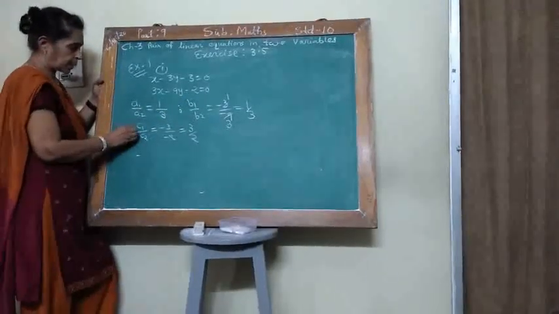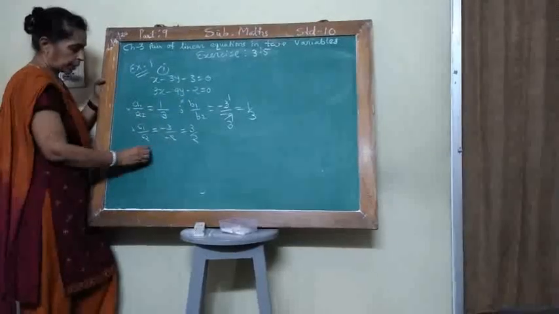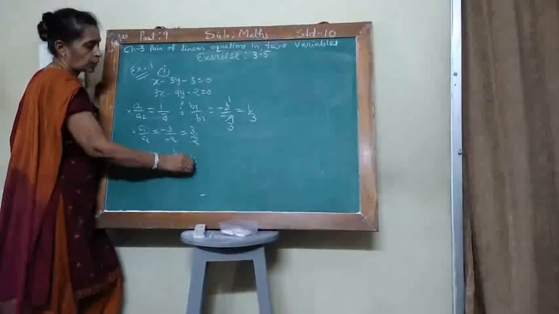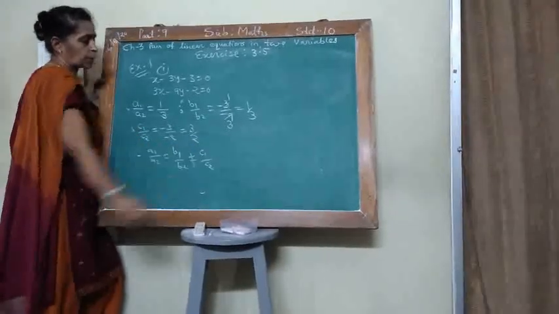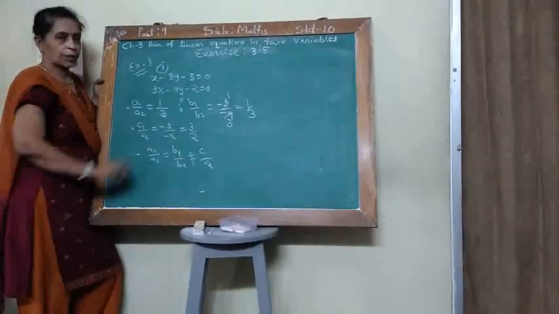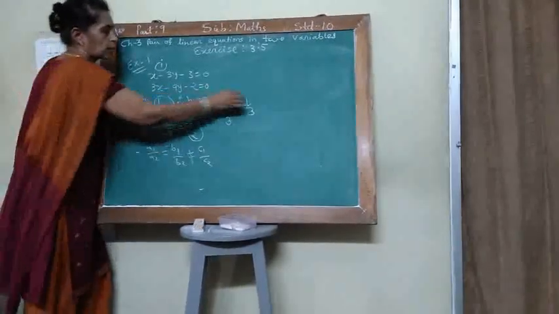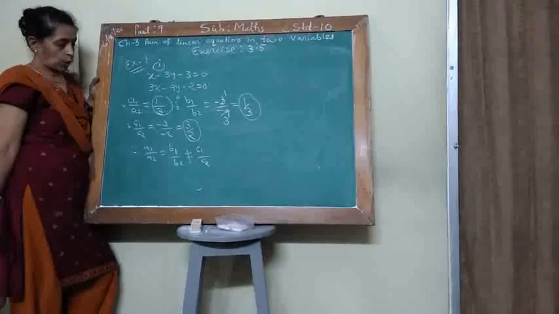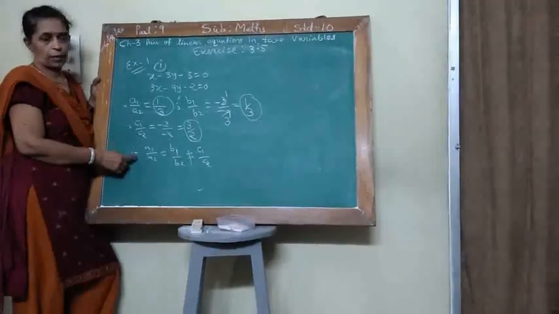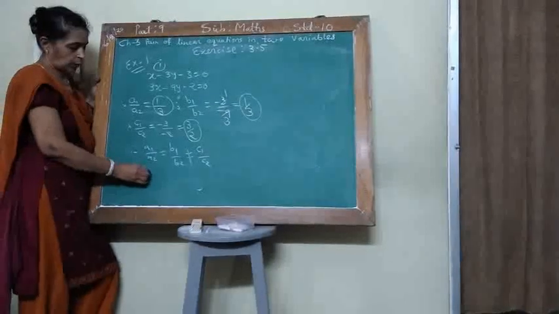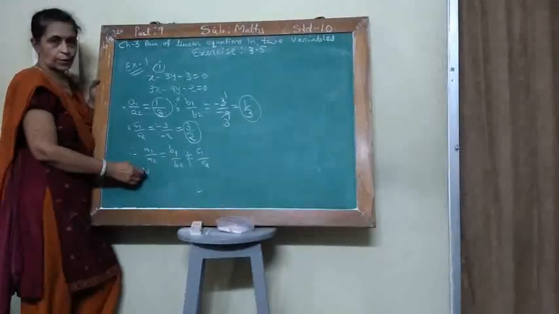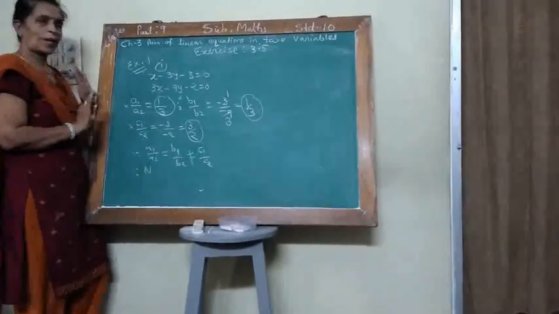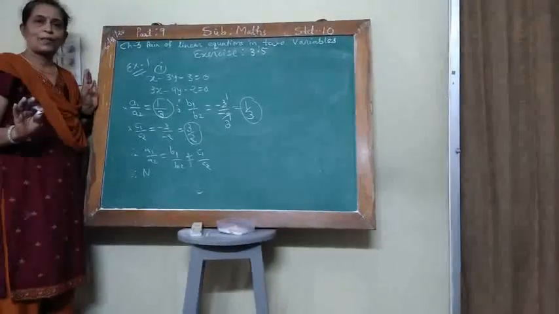So we can summarize from these three ratios that a1 upon a2 is equal to b1 upon b2, but these two ratios are not equal to c1 upon c2, because this value is different. See, you highlight like this. 1 upon 3, 1 upon 3 are the same. But 3 upon 2 is not the same, c1 upon c2. So in the last case, therefore, lines are parallel, no solution exists. So here you have to write that the system has no solution. Don't apply the method.